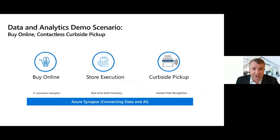The demo I'm going to show is the data aspects around some of the things that Diane mentioned around buy online and pickup, or contactless curbside pickup. So it starts with a customer going to an e-commerce website, being able to, as a retailer, understand e-commerce analytics of what those shoppers are doing online, how they're traversing my online presence, being able to enrich that data with real-world conditions such as Twitter data, and then translate that into the resulting orders, which are then fulfilled, as mentioned before, with the stores being used as the fulfillment centers, which means that things like real-time shelf inventory availability, having AI running in the stores to know what's actually physically on the store shelves, is a key part of this